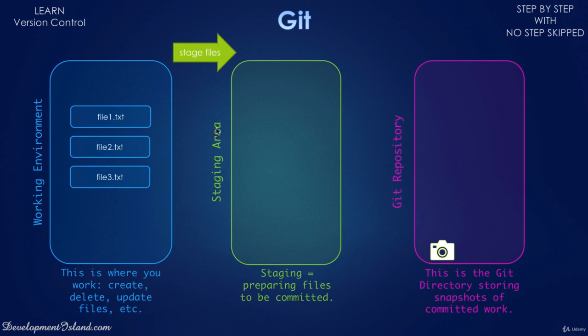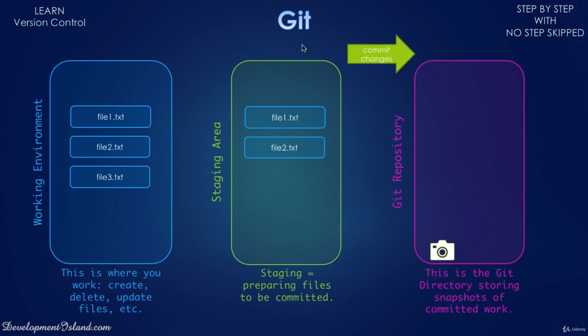So when you stage files, you pass them to the staging area. So now you told Git that in the next snapshot, I'm going to look at file 1 and file 2, and I'm going to ignore file 3. I'm only interested in these two. So staging means that you are preparing these files to be committed, and that's the next step. So committing your changes or your files means that you are creating a snapshot using Git,